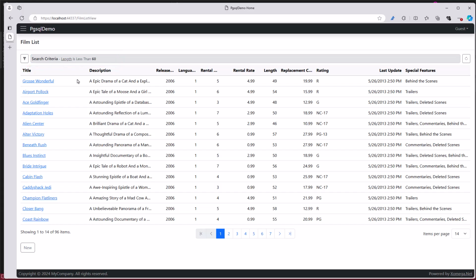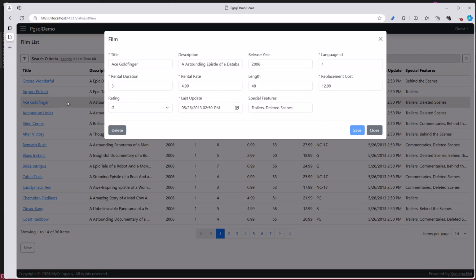Keep in mind that this screen filters records with this criteria using a database query, instead of retrieving all the records and filtering them on the client, which would be quite inefficient for large tables. You can also use a different grid control that has its own additional in-grid filtering and search, such as one from Syncfusion, which will further filter the current results. The results grid allows you to click on any row and open up a details screen, where you can view and edit details of the film or delete it.